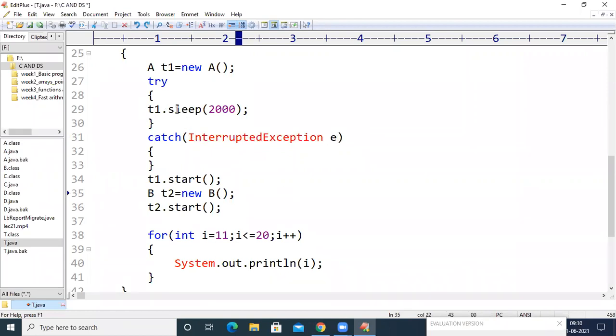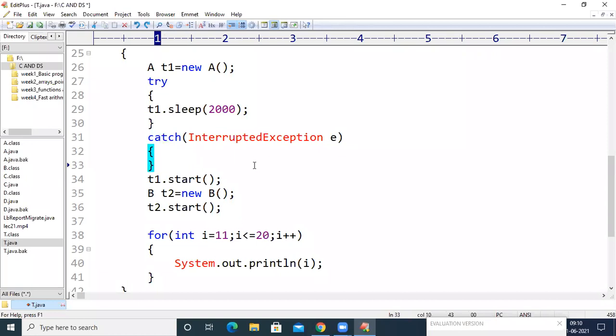So here there is a chance of an exception, and we need to identify that exception. So we have kept this in a block and given the try keyword. And if there is an exception, we need to handle it, so in order to handle it, we wrote the catch block. If you write so, the T1 thread will be suspended for up to 2 seconds, and at that time it will raise an InterruptedException. That InterruptedException will be identified by this try block and handled by this catch block.